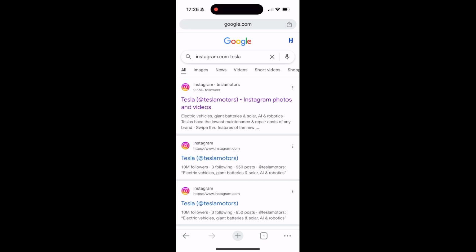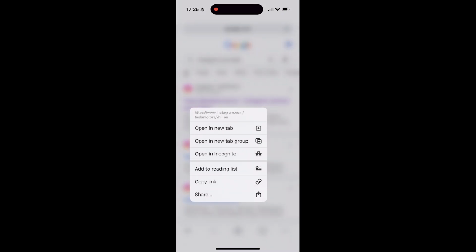Then what you have to do is put your finger on it until open in new tab appears, otherwise you will be guided back to the app, and that's not what we want. So click on open in new tab,